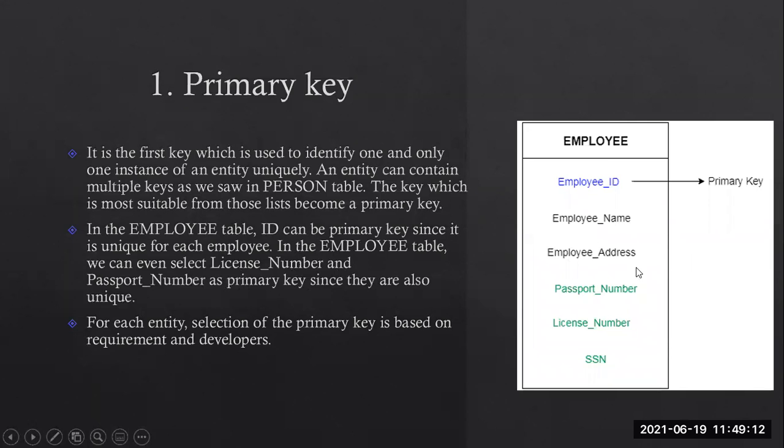Employee address also no. Passport number is a unique value, which is not going to repeat, which doesn't have a duplicate value here. License number is there and social security number is also there, or you can say a PAN card number also. So these we have to keep aside, where passport number, license number, SSN are also useful to refer to other keys like a candidate key, like a super key. But from this table, when you mention only one primary key, it is called the employee ID, which is unique here.